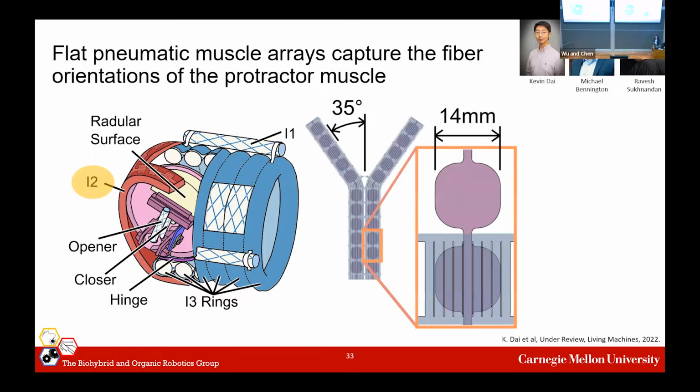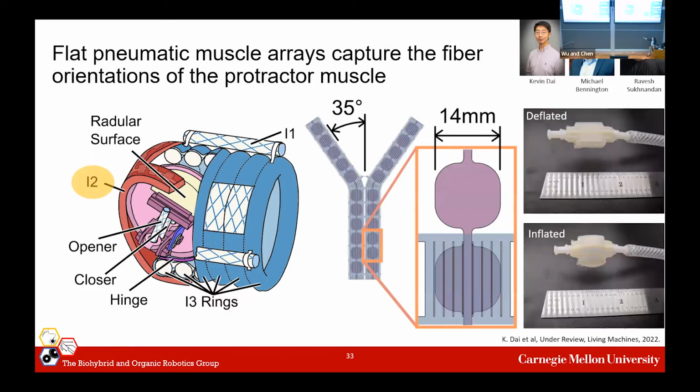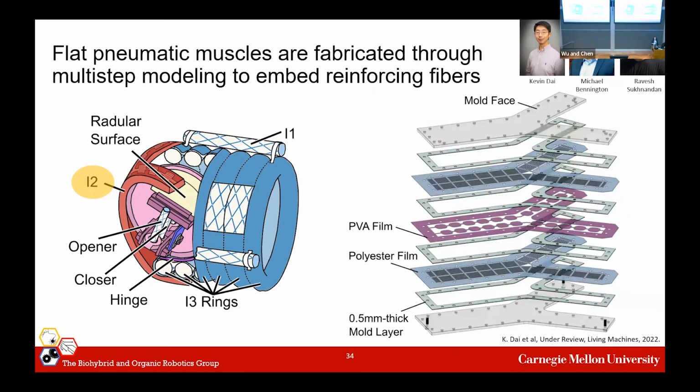So here we take inspiration from the flat PAM approach, which creates zero volume pockets in a flat muscle actuator with reinforcing Kevlar. And what we've done is extend that to create arrays that allow us to pattern muscle fibers along the direction that we see in the animal. This is done using a layered molding approach, where for our reinforcing, instead of using Kevlar fibers, we use this